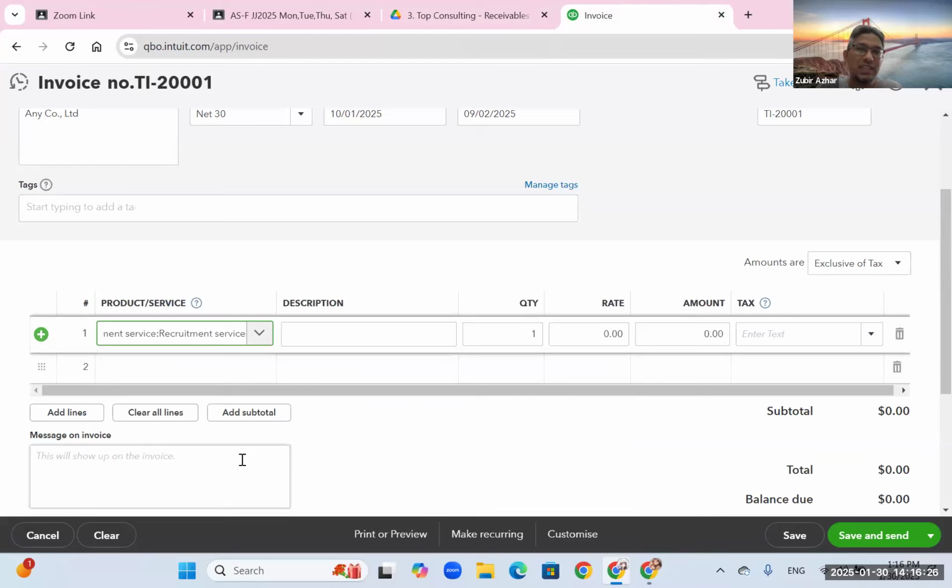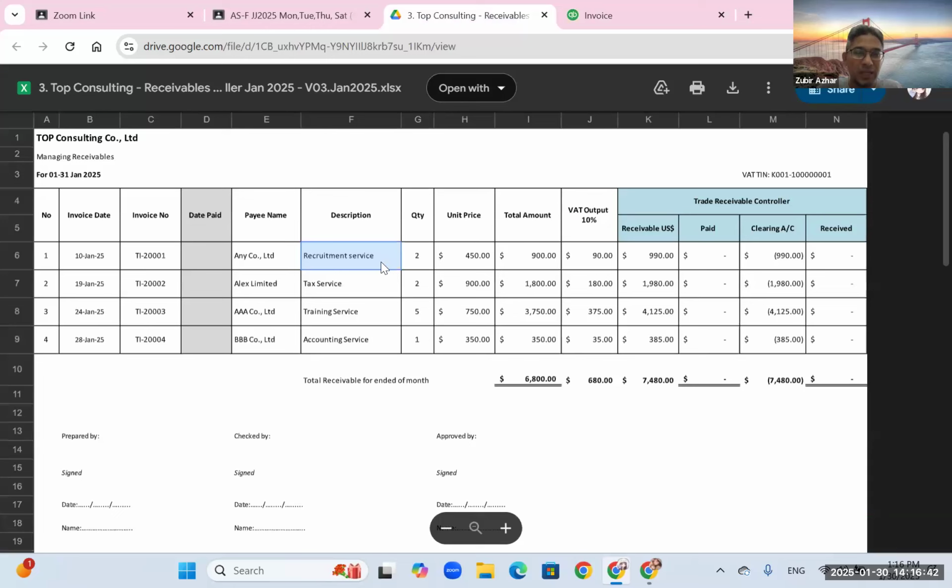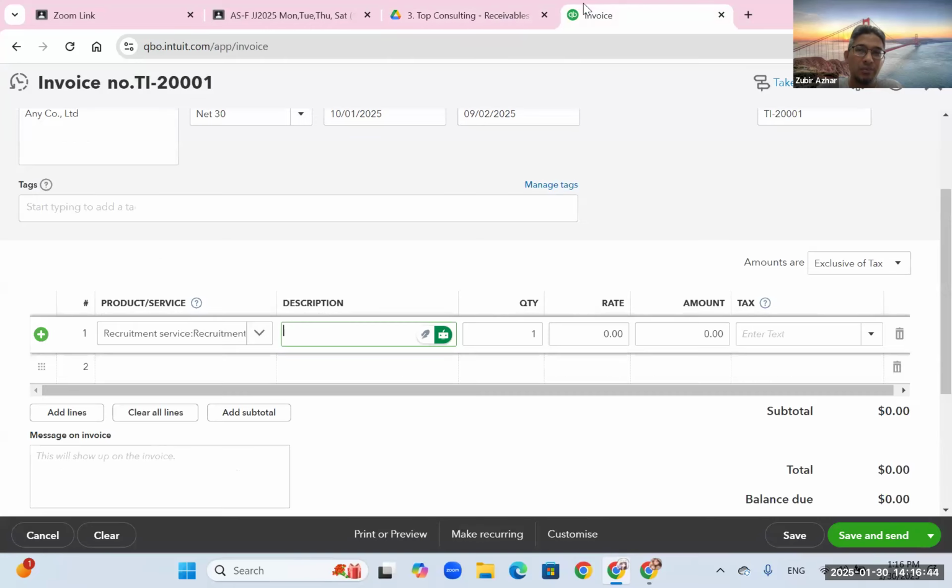Since our Excel file says that we have recruitment service to sell, then you just choose recruitment service. What is our description that we have? Can refer to our Excel, copy, and then you can paste in the description.